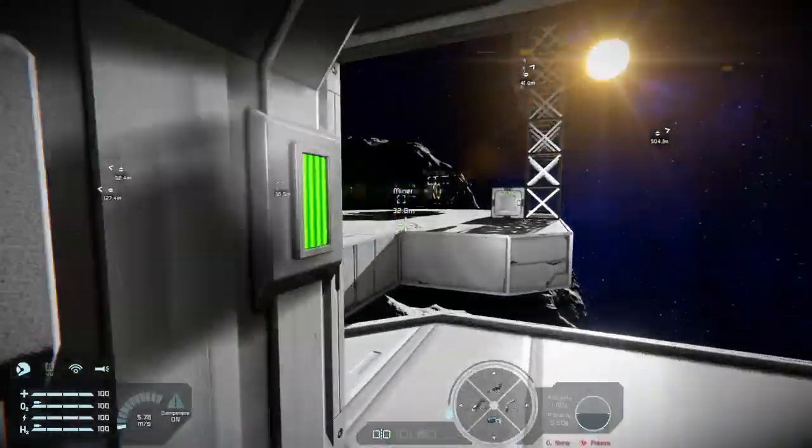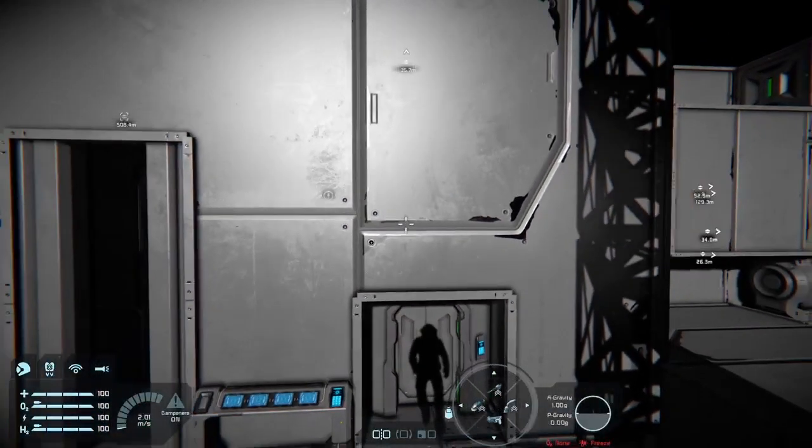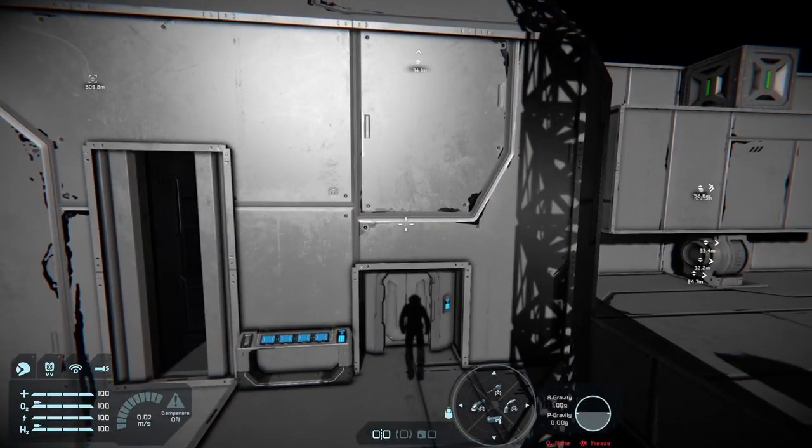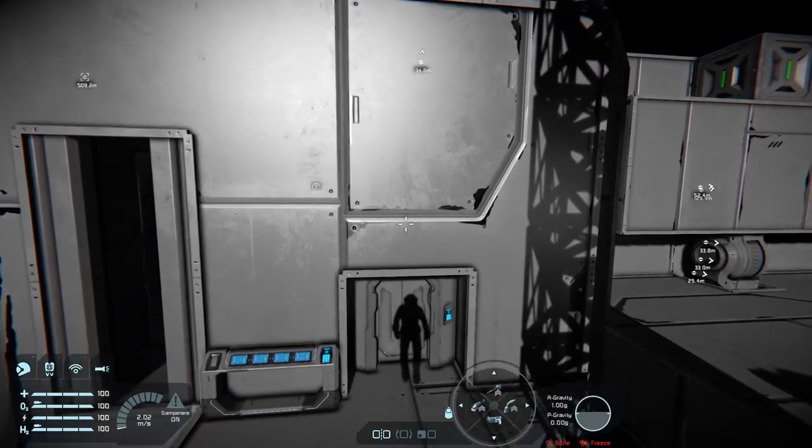But on creative it won't work as well as it would on survival, because your air will be replenished when you open your main base door into the airlock itself while that room is pressurized, and it will shuffle some of the air around when it sucks the air back into itself.